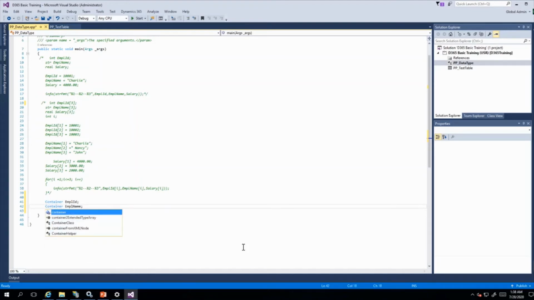Right now we are not defining any type of data we want to insert. We are just defining the container. In runtime we can assign different data types in these variables. So this we have declared, this is the container. We can assign values also.